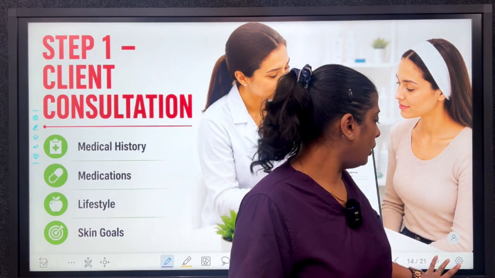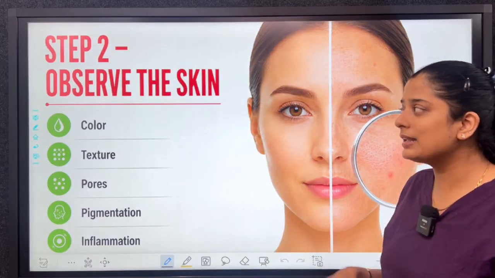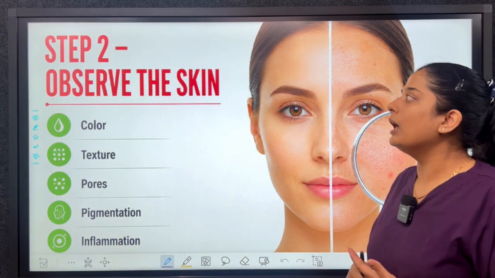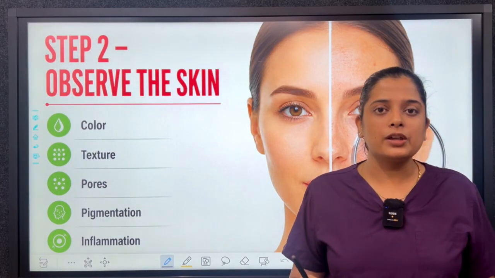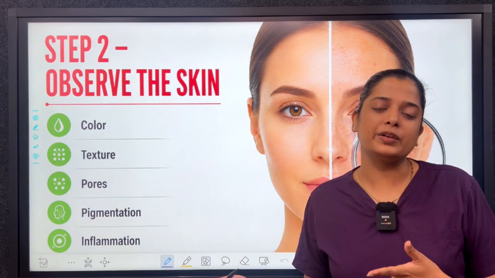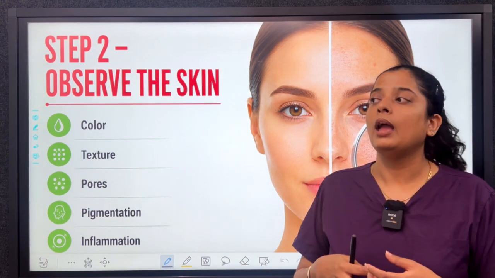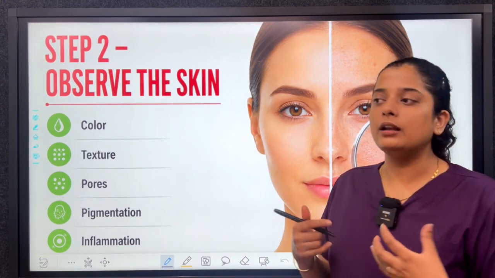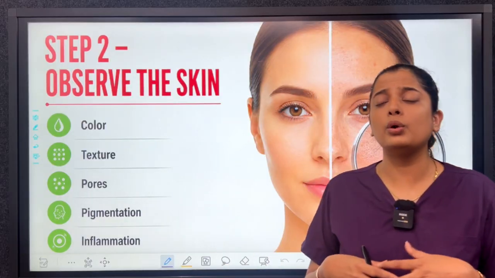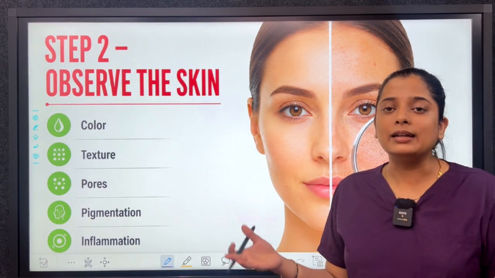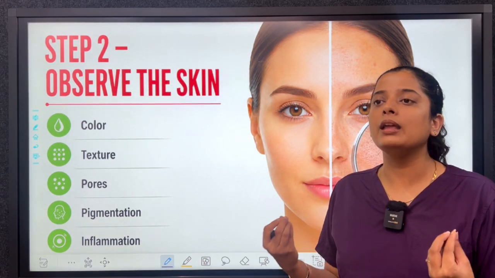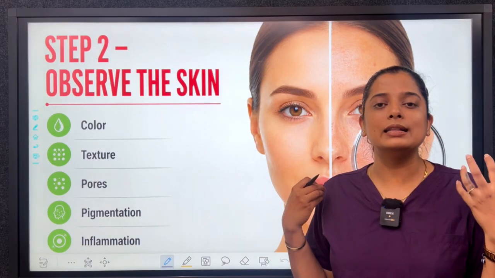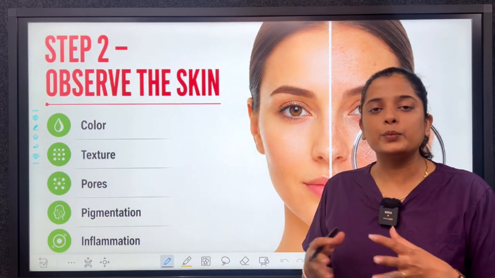Fine. Now, as we move ahead, next comes the observation. This observation of the skin actually comes with due course of experience or time. If you are very new in the field, or you want to get into the field and you are new to this, and you want to observe the skin,